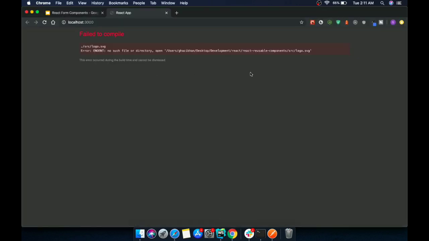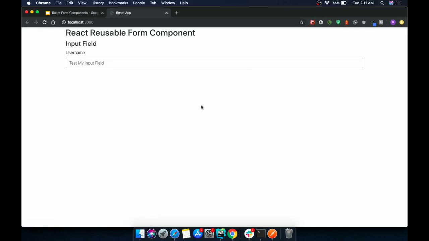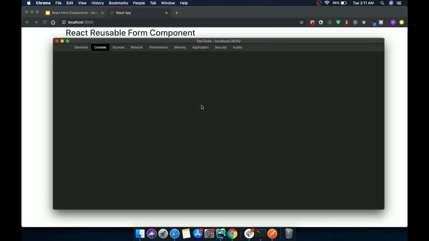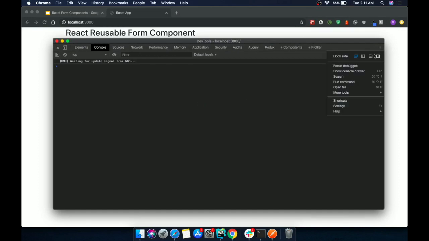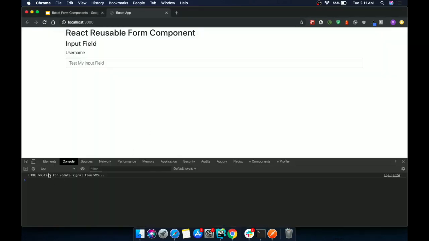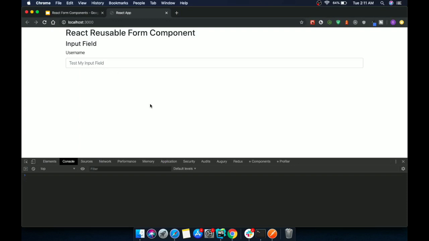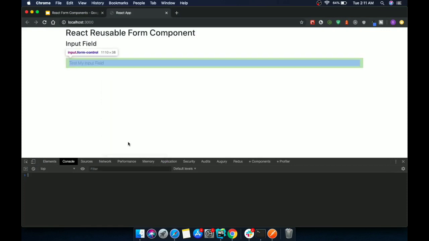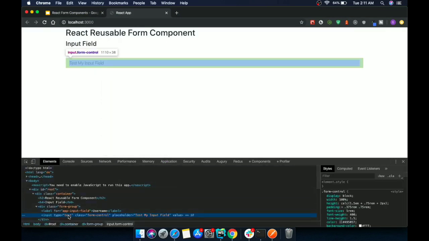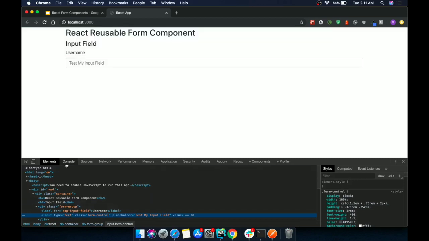Let's check our component. It was not refreshed that way, so we'll just keep this. So let's check. We have our placeholder, label as username. We have provided label as username. We have our placeholder, test my input field, so this is also working. This should be type text. We will inspect this and check. Yes, we have this input as text. So we have checked